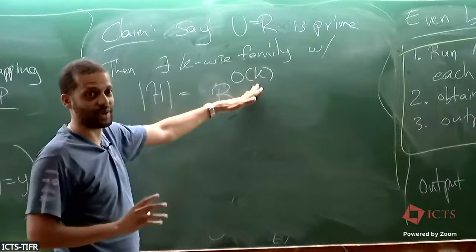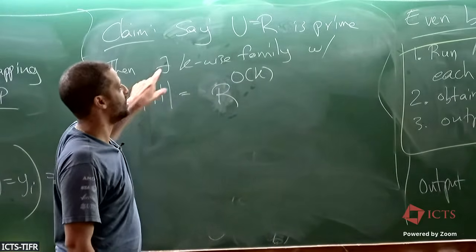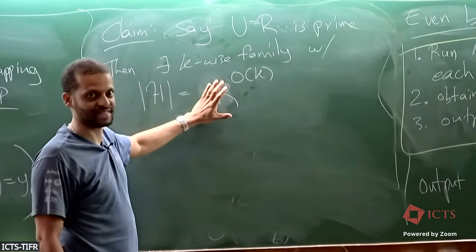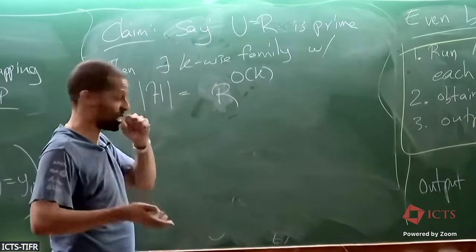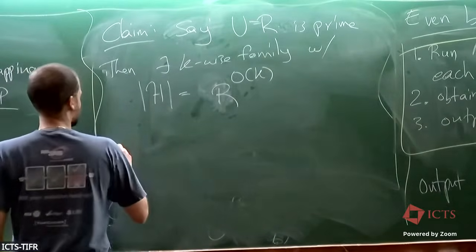So it's going to be R squared, which means a random hash function doesn't take U log R bits. It takes 2 log R, so O of log R. So it's exponentially less memory. So you can actually just store it, and the proof